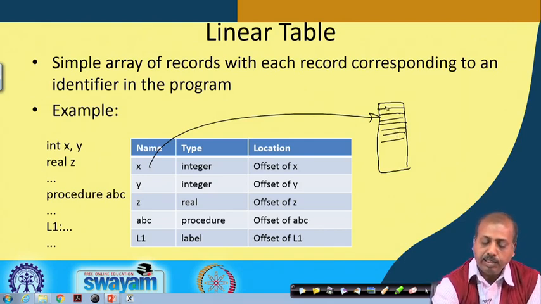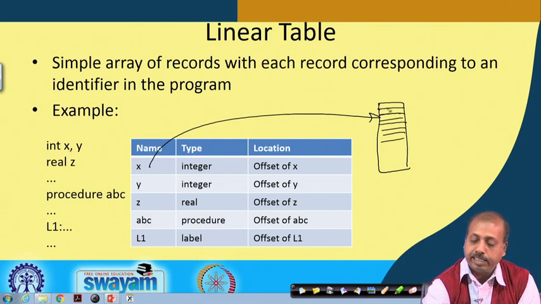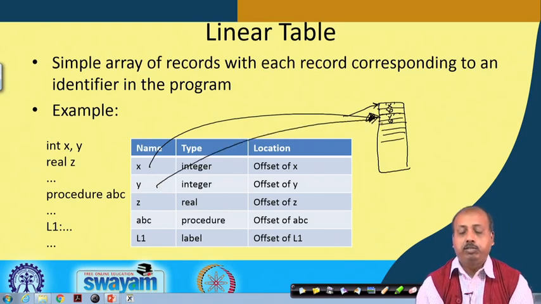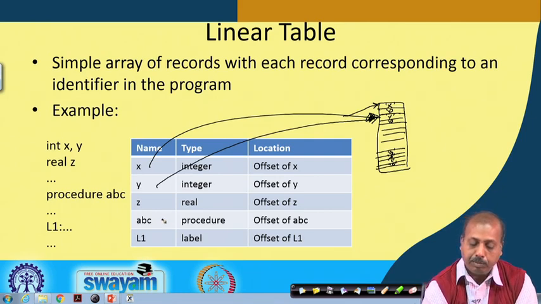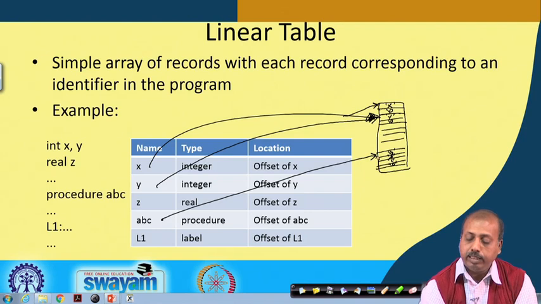Suppose for this x, it will store x followed by the null character, and this pointer will point to this particular entry. Similarly, after that we have the symbol y followed by a null character, and this will be a pointer to this y. So we can have a situation like this. Similarly, at some point we have the procedure name ABC. It is stored as A B C and then the null character, and this will be a pointer to this entry in the string table.